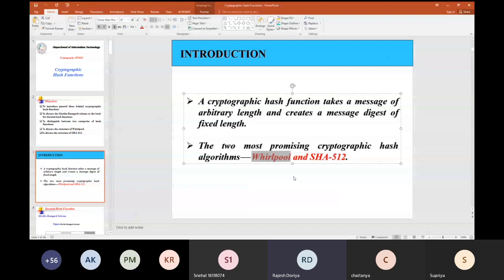This particular hash function SHA-512 has been derived from the message digest family. We discussed a little bit regarding the message digest family yesterday as well. This is an extension of MD5, message digest version 5.